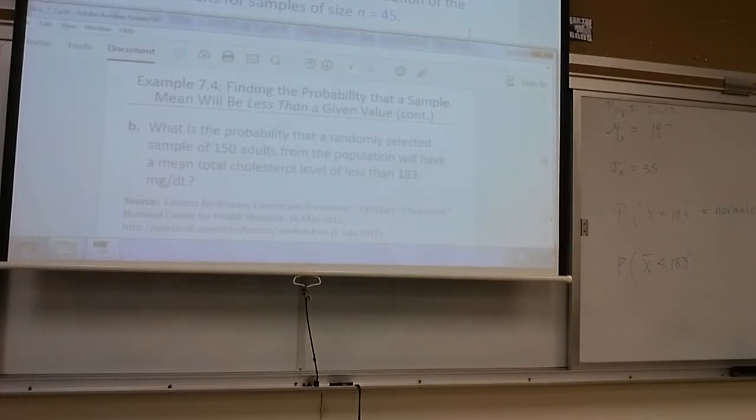What are you going to do? Okay, you can draw something, and in order to draw it accurately, you need to know what the spread is going to be, right? So what is the spread going to be? Central limit theorem. What does it tell us about this number won't be right anymore? That's what I got, but I don't know if that's right. 35? I can't use a 35. What do I need? I just converted. 35 divided by,